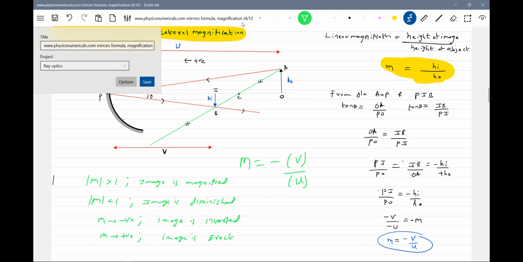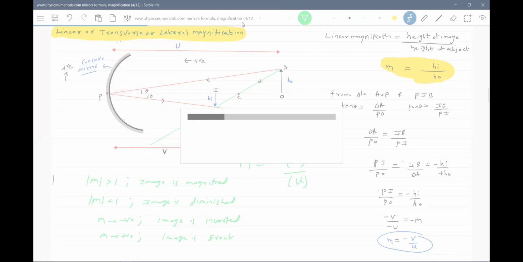Okay, this is about the linear magnifications. I'm going to take